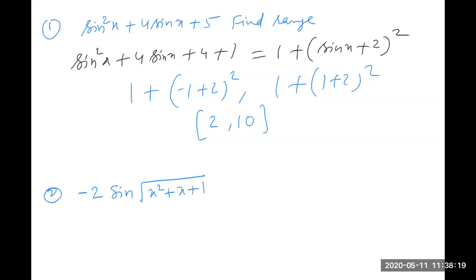In the second one, this is in the form of minus 2 sin theta. Theta can be any angle, no problem. Even if theta is a very large positive number, for positive angles also this can be in the fourth or third quadrant, so it may be negative or positive. So the answer will be minus 2 to 2 only.